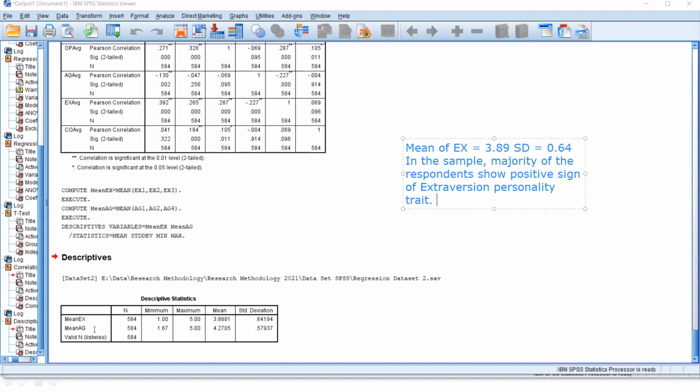Right? And also the other one, agreeableness or something, right? Its mean value is 4.2. Right? It is also higher than this one. So it again shows the positive sign of that particular personality trait. Right? And if you calculate the dependent variable also,